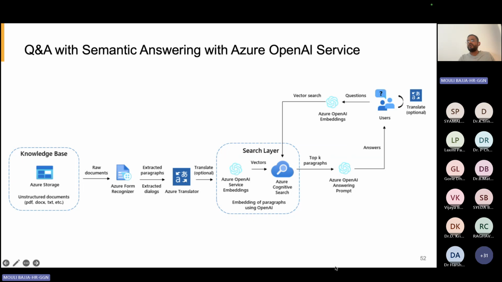Azure OpenAI service is available in the Azure platform. There will be some free credits also. Let's go through this from left to right. If you have 10 PDF documents, you can pass those 10 PDF documents to Azure storage. You push the documents, 10 documents about your college, or 10 different books about Bhagavad Gita, let's say. You store them in Azure. Then there is a form recognizer that will review each page and say what it is.